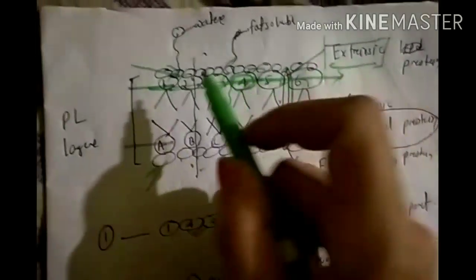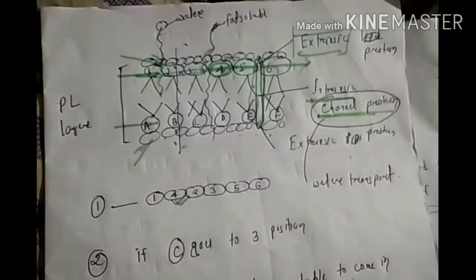But if a water molecule passes through, it will move through this protein. Here we can say the protein can act as a channel protein, and they will pass water through it. In the earlier two models water molecules cannot pass through, but in the fluid mosaic model water can pass through it. Earlier models saw the plasma membrane as rigid in nature, but here it is dynamic in nature.